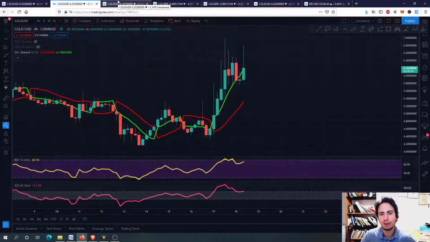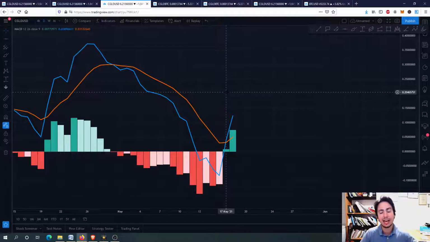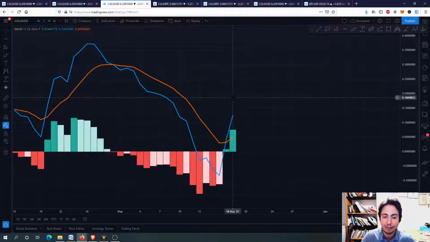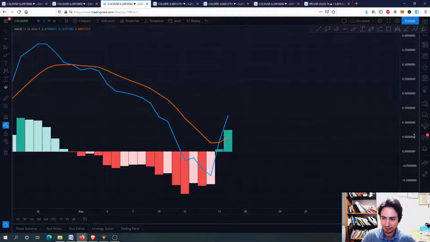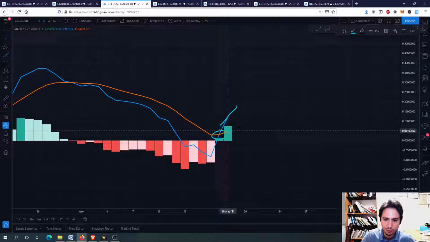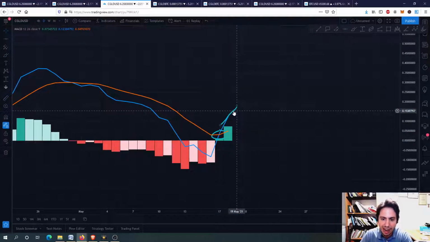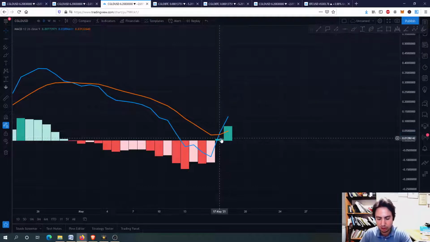So now we are going to CGLD in USD in the daily frame. And you can see here, guys, what we are seeing, the bullish cross in the daily frame. That looks fantastic. We need just some distance and we can go upwards. We had this bullish cross in the daily frame.